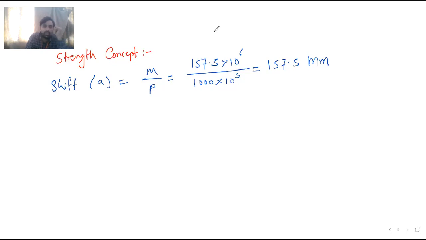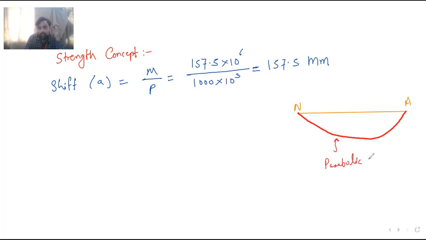Those who have not understood, I will just draw the lines, try to understand. These lines are inside the beam. Suppose this is your neutral axis. Now if I draw the tendon, how is your tendon profile? It is parabolic. So I draw the tendon this way. This is your tendon profile, the parabolic profile. And now this is the neutral axis.